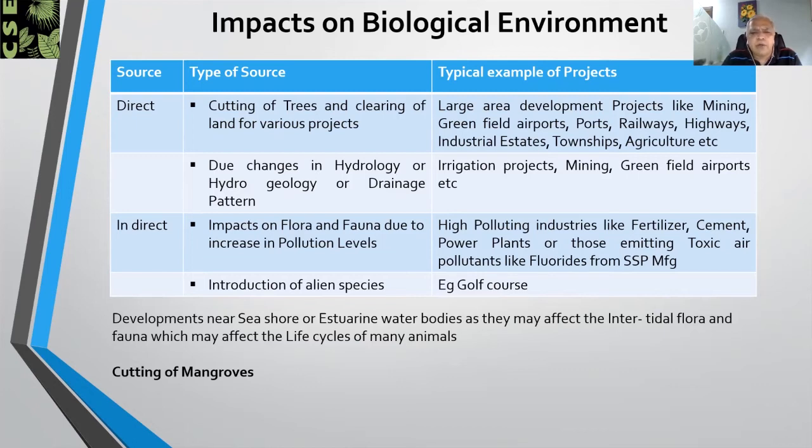We may have introduction of alien species. For example, in golf courses, there are certain types of lawns which are planted in order to ensure that they can sustain for a longer duration. We have to ensure that these are not invasive, and they get adjusted to our environment and our area. Developments near seashore and estuarine water bodies are affected because of intertidal impacts, which may affect the